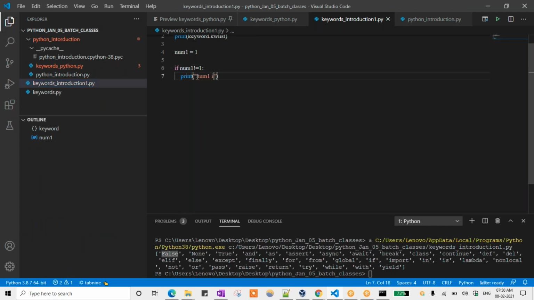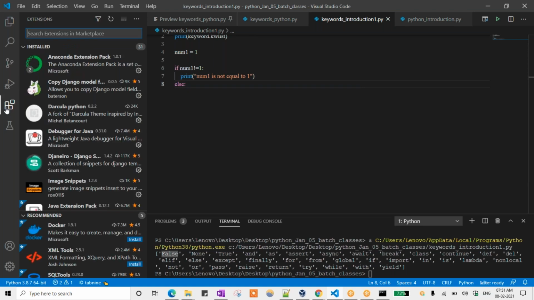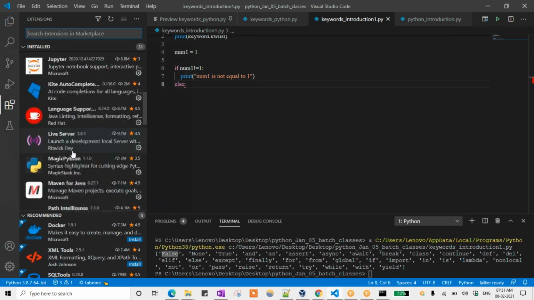So num1 is not equal to 1. Let me look at what the issue is. Sorry, it is a parking issue.